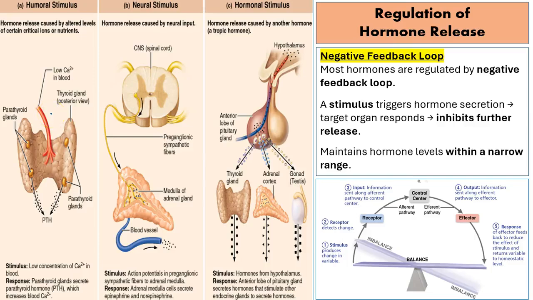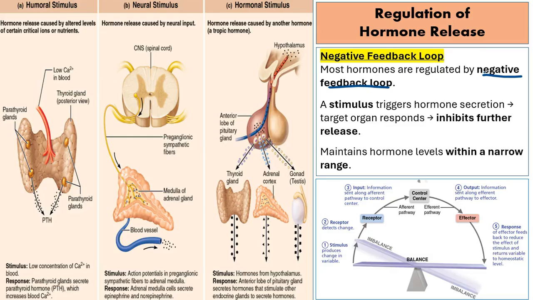Hey folks, and welcome to the last video of chapter 16, where we get to talk about the regulation of hormone release. So hormones are going to be regulated by a negative feedback loop. So what is a negative feedback loop? Basically it means when something goes too high or too low, your body's going to trigger a response to push it